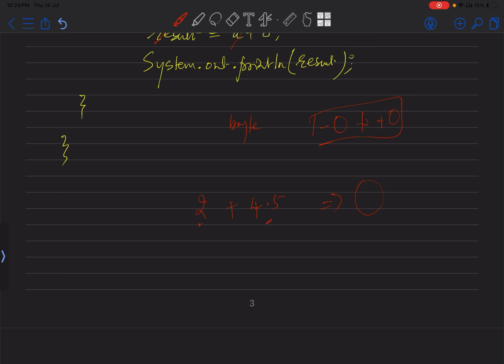So there is a possibility that in your program you are using integer a equal to 2, and similarly the other number float b equal to 4.5f. Then when you are declaring result, it should obviously be float result equal to a plus b. So you have to make sure whatever the operation that you are performing,